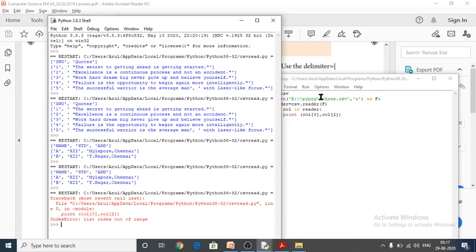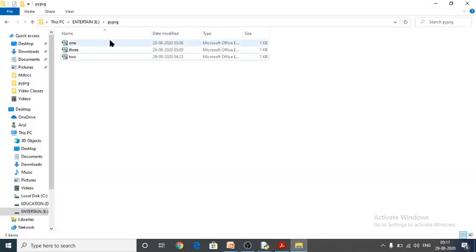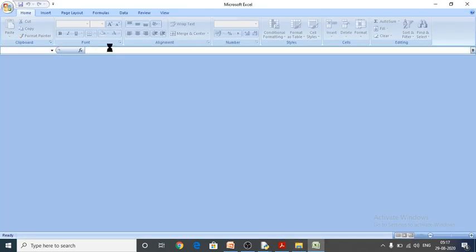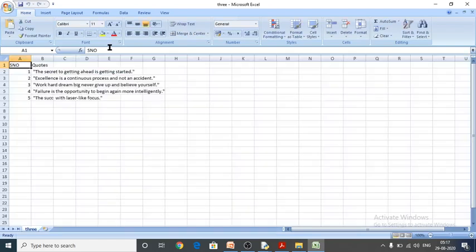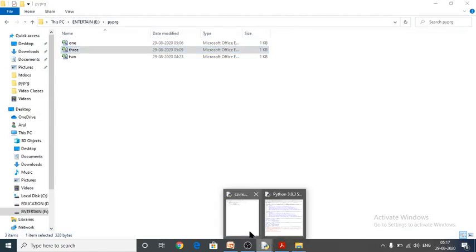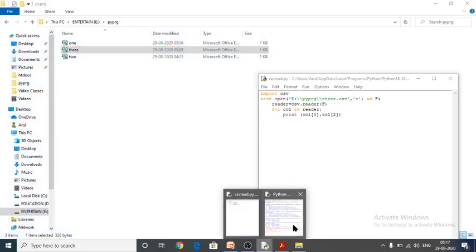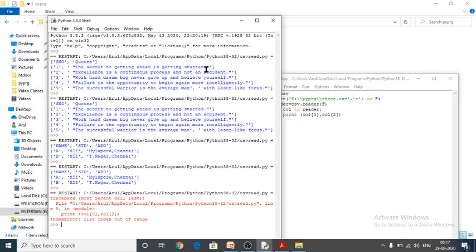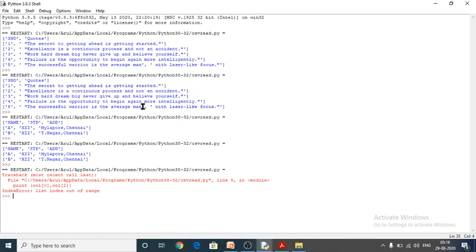So again the range has been given wrong, so we will open. We have to give a different range. We have to see the error message, traceback: out of range.